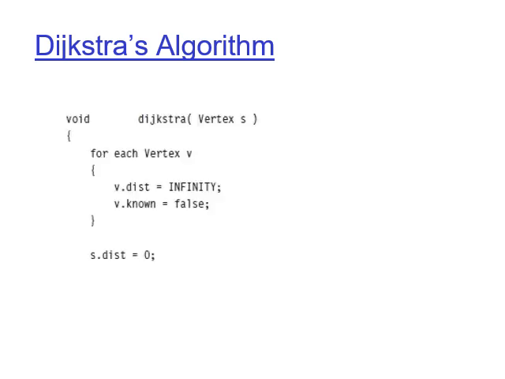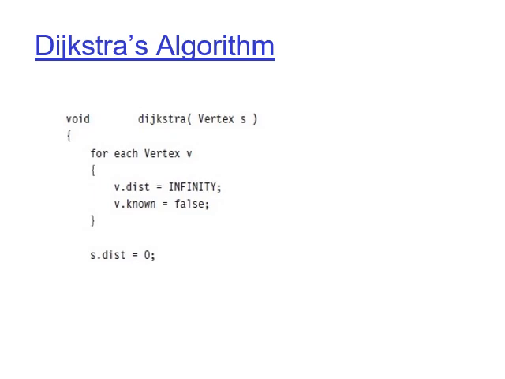Let's move on. This is the initialization phase of Dijkstra's algorithm. For each vertex v, the distance was initialized to infinity, and the known variable of v was initialized to false. These two lines will be carried out for each vertex present in the graph. Once we have done that, the distance of our source node with respect to the source node is 0, right?